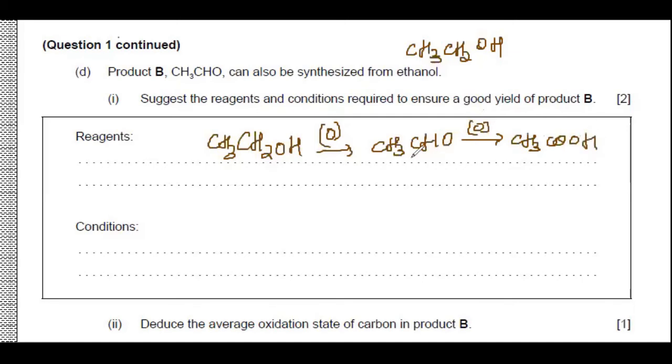Here the question is stating we want to stop at the aldehydic stage. The question is asking us how we can get the aldehyde out of the alcohol, not the carboxylic acid. Meaning the question is asking us the condition and the reagent which will help us stop the reaction at the aldehydic stage without proceeding towards the carboxylic acid stage. Now, probably some of you might be having trouble understanding how this can happen. So let's check the background of it. Let's see the theory part of it.